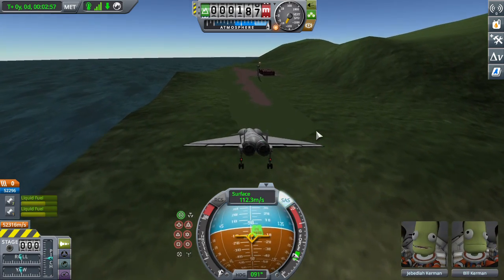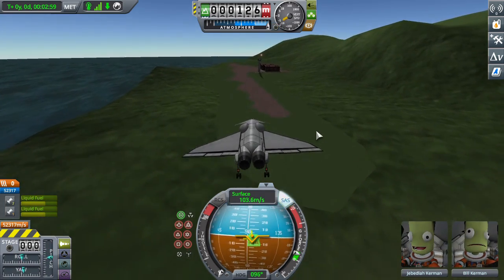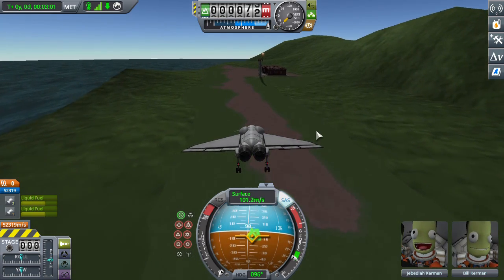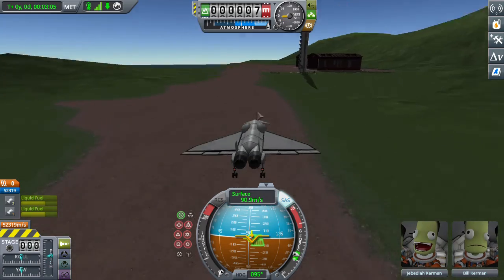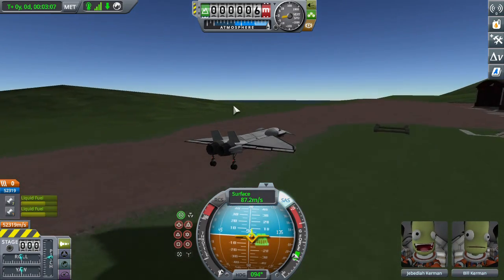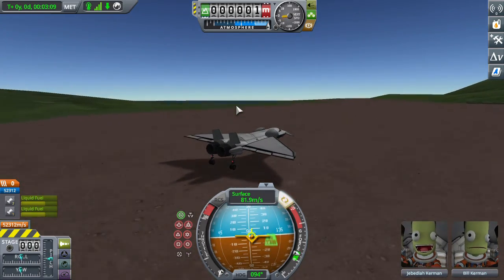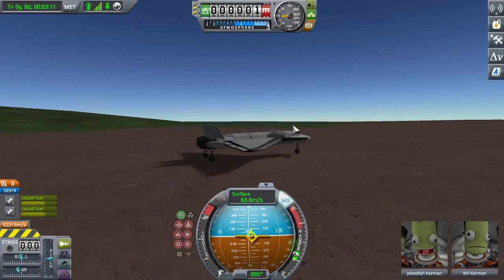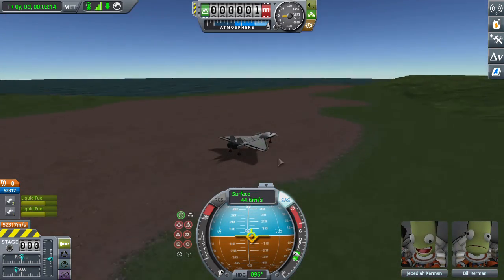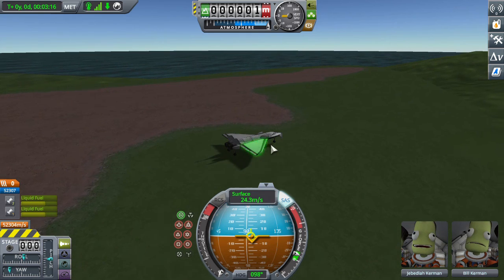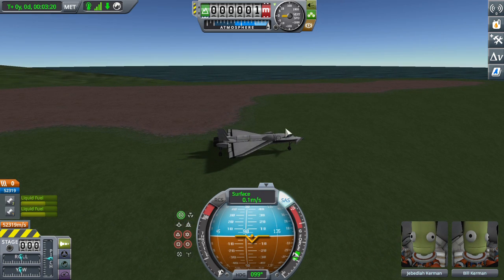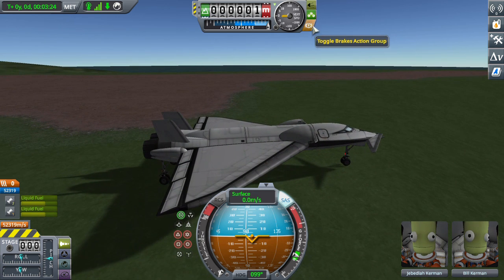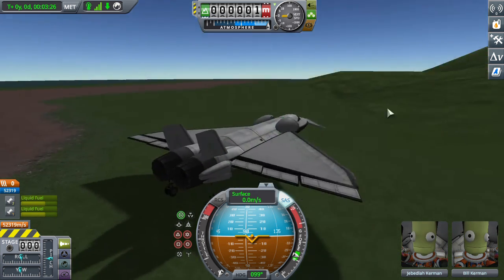It is much better at pulling up than my previous plane because of those canards at the front. And just barely stopping. So we're going to want a quick save, turn off the brakes,